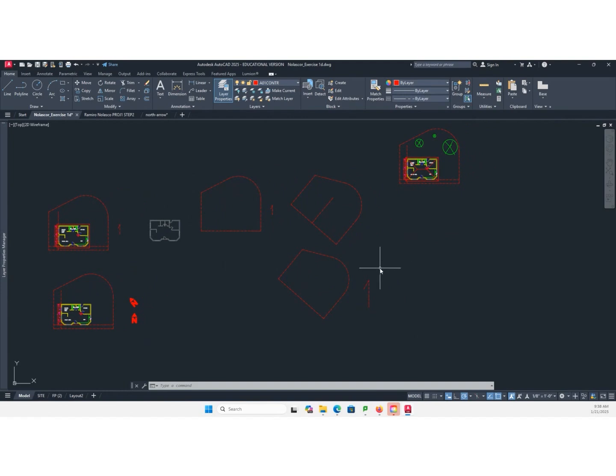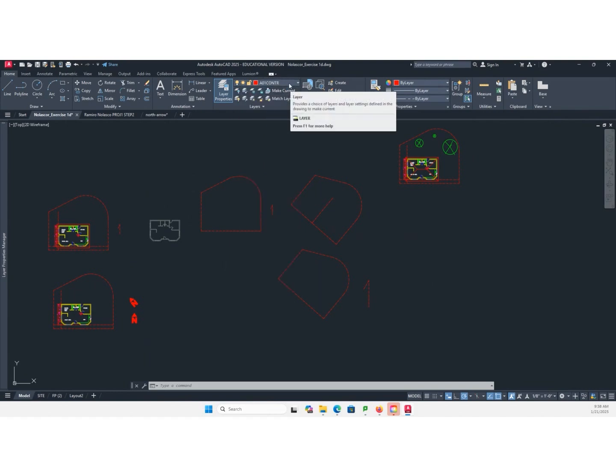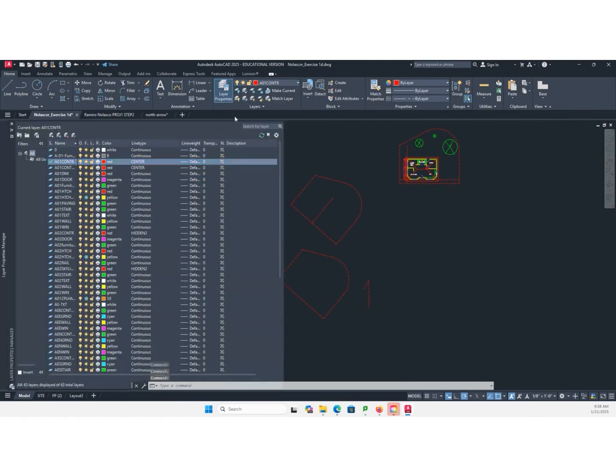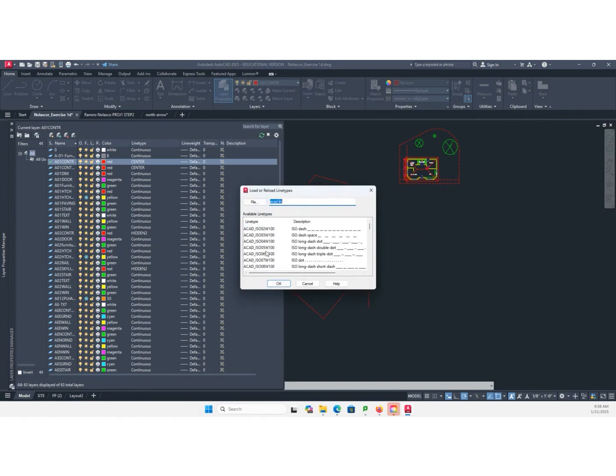First, you want to set the layer. For those who are just starting, number one, set the layer. Number two, select A01 contour. Next, you want to set the line type. Line type should be center. If you don't have center, you load it. You don't use the ACAD ISO long dash, short dash, that's for metric.